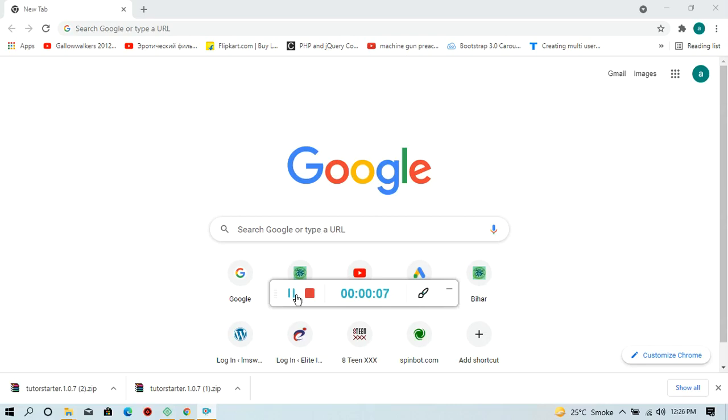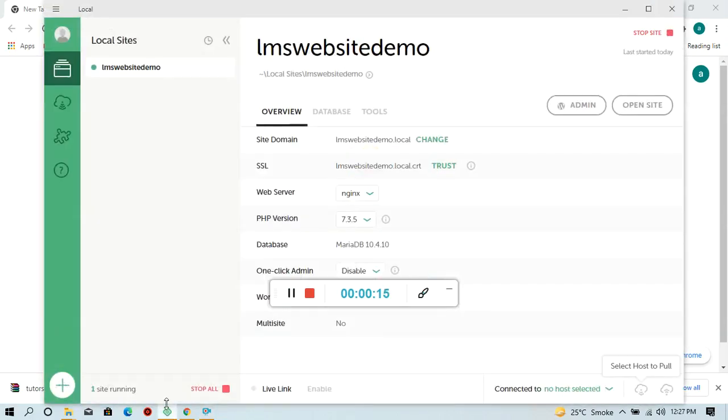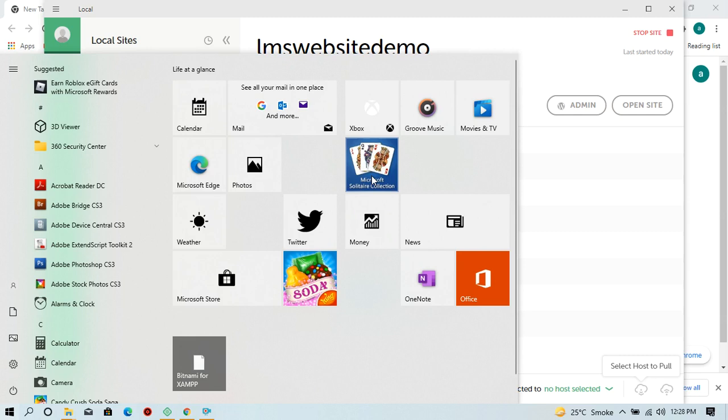Today I'll teach you how to create an LMS website using WordPress. For this I have installed Local in my system, that is, Local site. Especially this software supports WordPress only, and if you want to create a website using PHP or other frameworks like Laravel, CodeIgniter or Magento, then I think you will have to go directly to the WAMP server. I have also installed the WAMP server in my system, but I'm using WordPress here. This is the best software that supports only the WordPress CMS and nothing else.